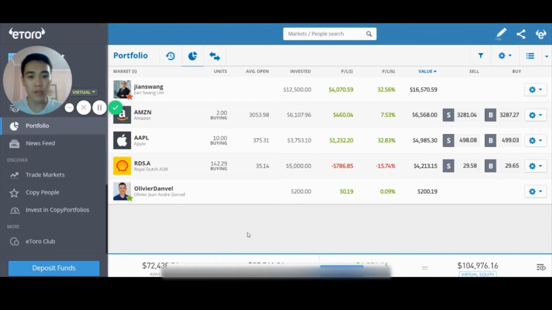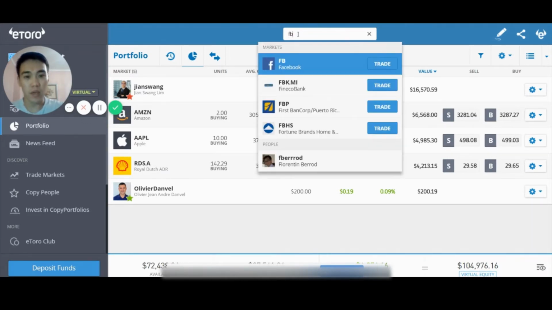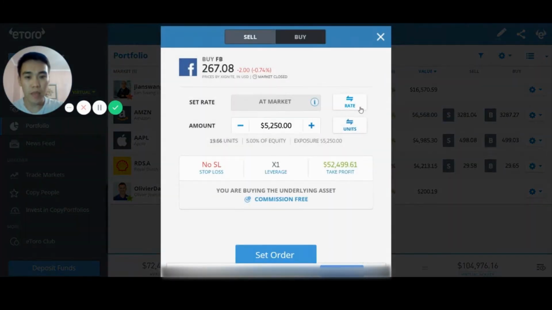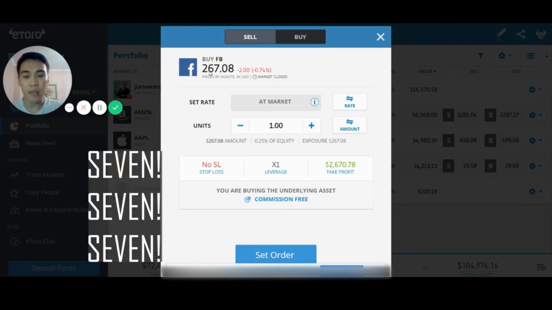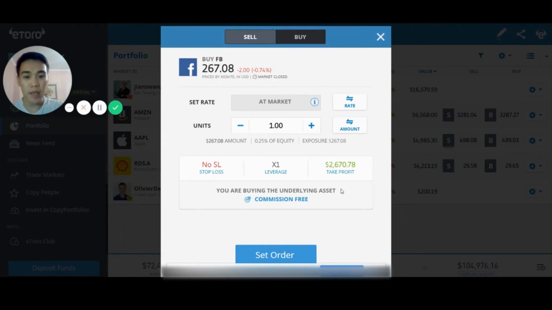So how to set an order in your terminal? It probably can be done in any investing platform. I'll show you in an example of eToro. It can be done while you're buying a stock or for a stock which is already in your portfolio. Let's buy a new stock, for example, Facebook stock. We just click trade at a market price and let's pick units. 1 unit. 1 unit is equal to $268.08 right now, and we just want to set an order for take profit,